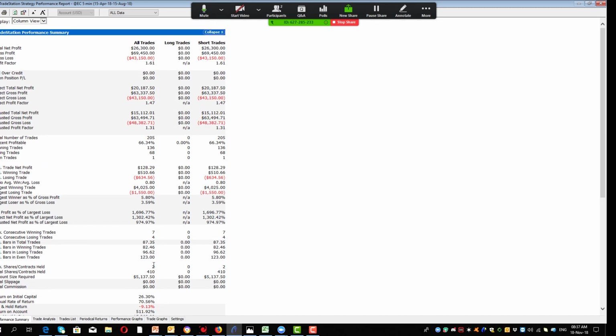It's great to show you some systems that are doing well, but I also like to show you systems that look okay but need a little bit of work, and we can work together as a team to improve that and get it to the market where it's a little bit more robust, and we're not getting those peaks in equity, because that's the killer, isn't it?